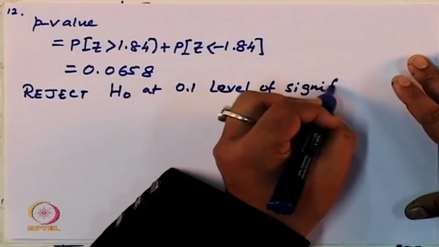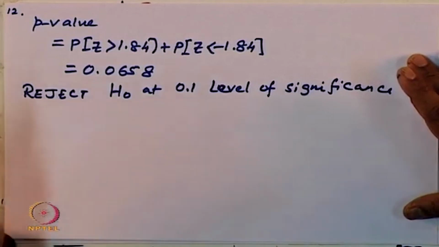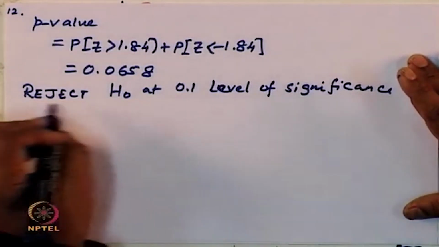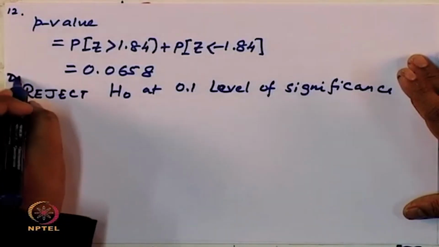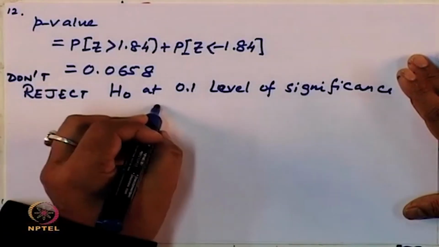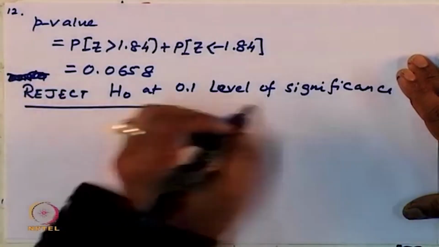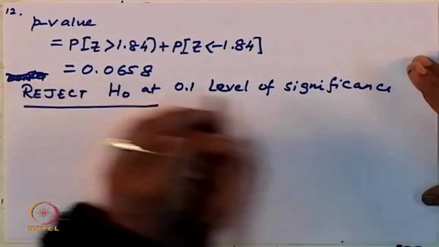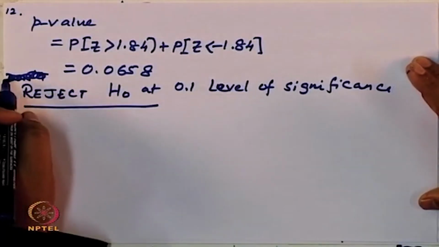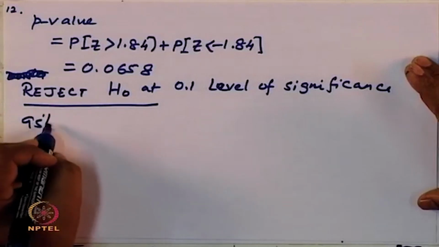Okay. So, in this case you do not reject H naught, okay. So, we can reject H naught at 0.1 level of significance. At 0.05 level of significance, we do not reject H naught. Okay. And you can see that if you calculate the 95% confidence interval,